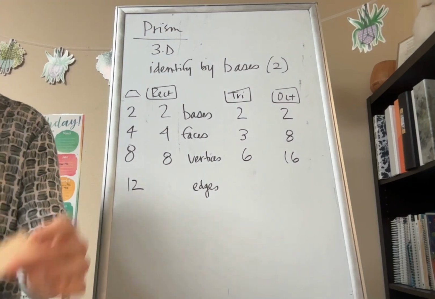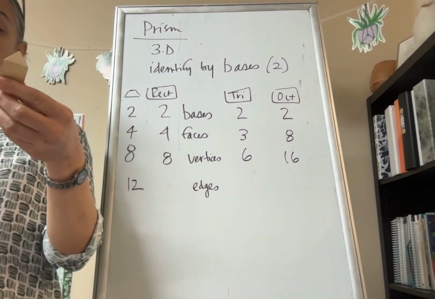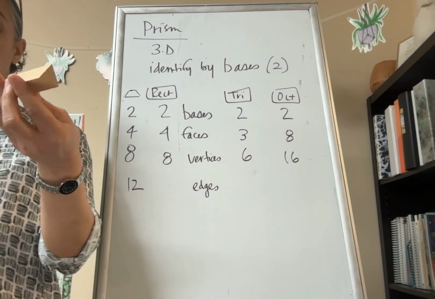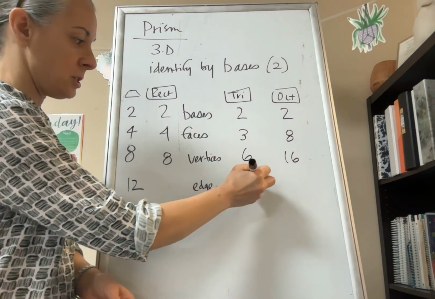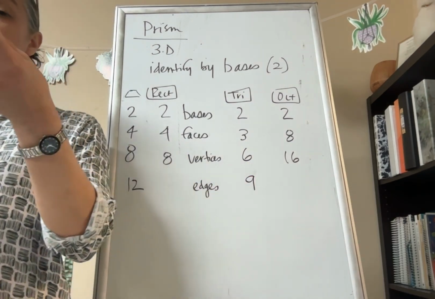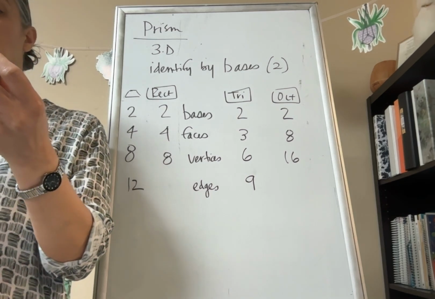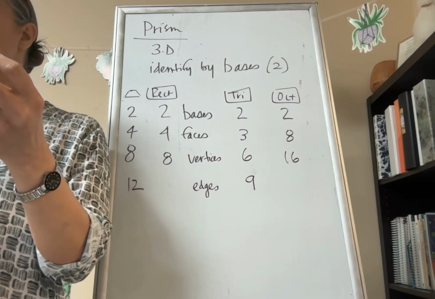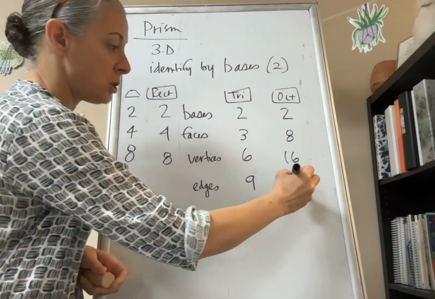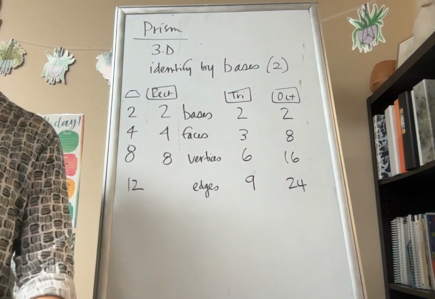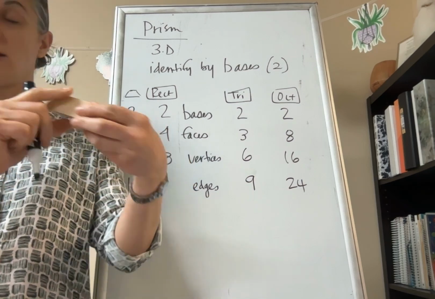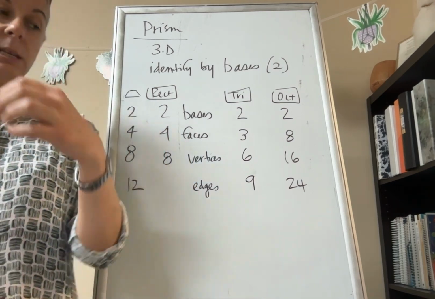On this triangular prism, how many edges do you see? 1, 2, 3 here, 4, 5, 6, 7, 8, 9 edges. On this octagonal prism, how many edges? 8 going around, right? And then counting on, it looks like 24 edges. What about this rectangular prism? How many edges? Well, we see 1, 2, 3, 4 on this end, 5, 6, 7, 8, 9, 10, 11,